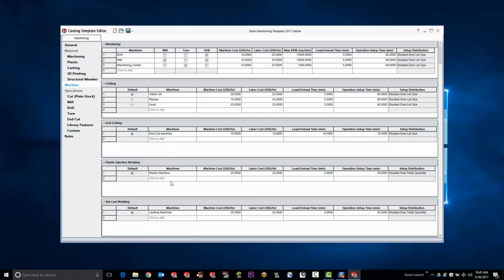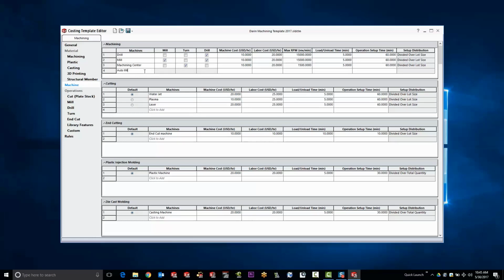Now these specifically talk more about the type of geometry when we're talking machining, but then they all get into basics of dollars for the machine, the labor cost, what their capabilities are, and then some specific hard values for things like setup times and load times. So to set these up, it's exactly the same thing. We go to the bottom, we simply type in a value here, and I'm going to call this auto mill